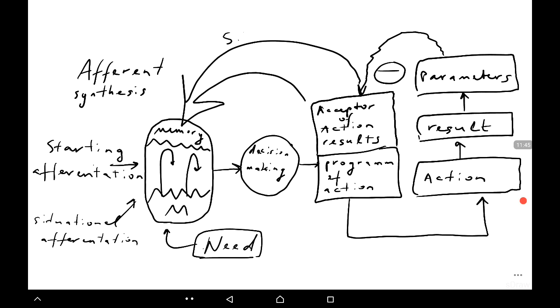So an animal may look around, trying to estimate and to analyze the situation, and after decision making is changed and another program of action and another action, another result is achieved with probably parameters that will satisfy the basic need